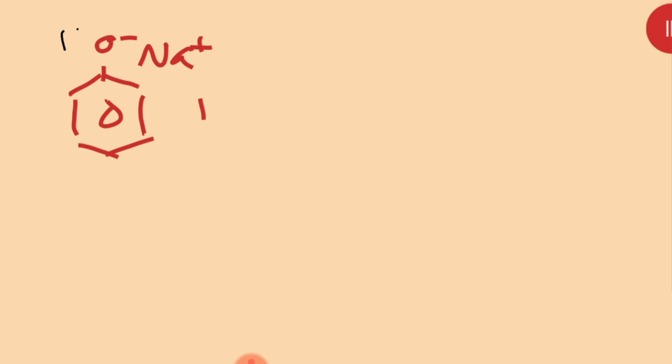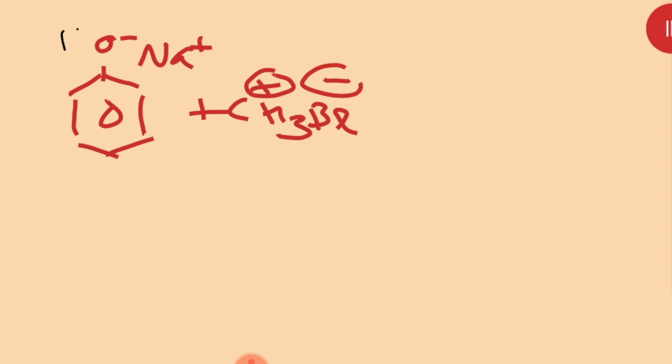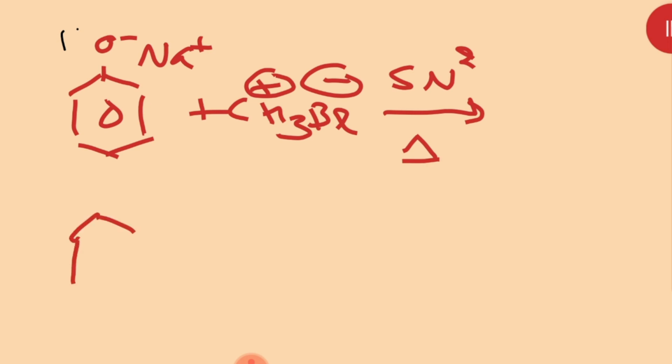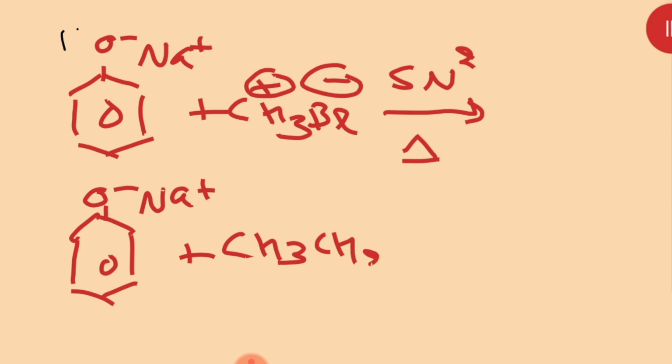You see please, all of you. Suppose I am taking O negative, Na positive, reacting with CH3Br, where the Br is negative. A reaction can be done with the SN2 mechanism. Same way, one more reactant I am taking. Suppose here it is O negative, Na positive. Here I am writing CH3CH2I, with CH2 positive and I negative. Then here again the product is